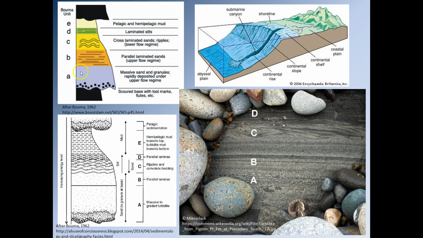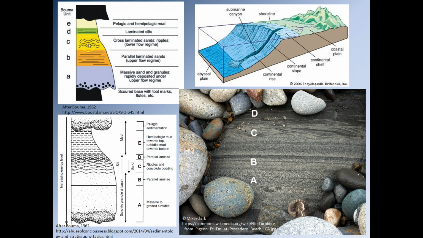The massive beds are deposited when the system is at its highest energy. So it's such high energy that no textures can form. Okay, no sedimentary structures can form because there's so much energy. As the energy begins to drop, we get the simplest structures forming. So that's laminations. And as this energy continues to drop further, we get a more chaotic flow, and that begins